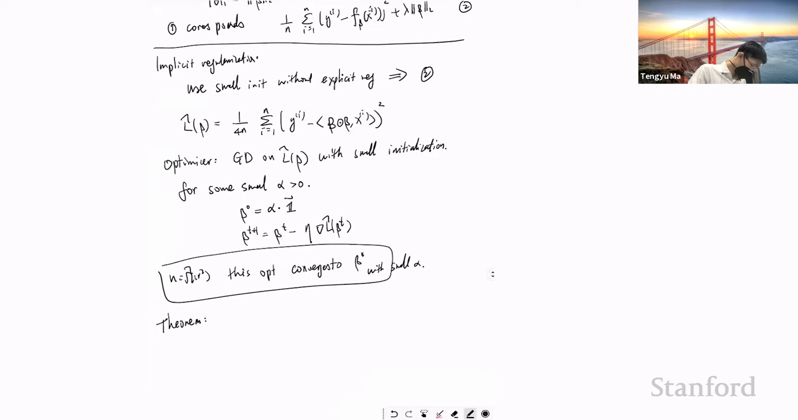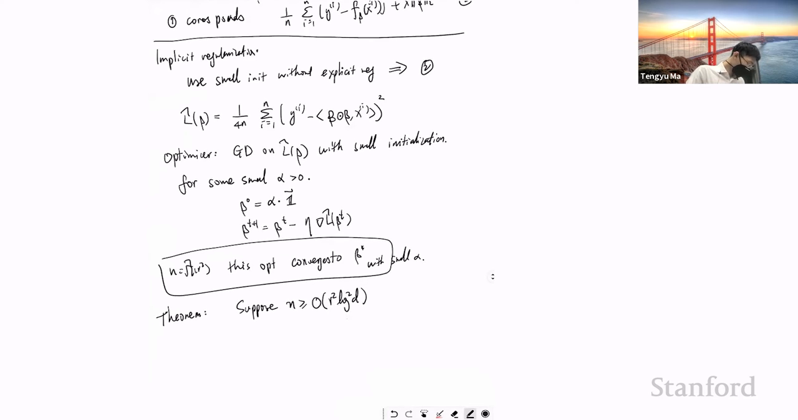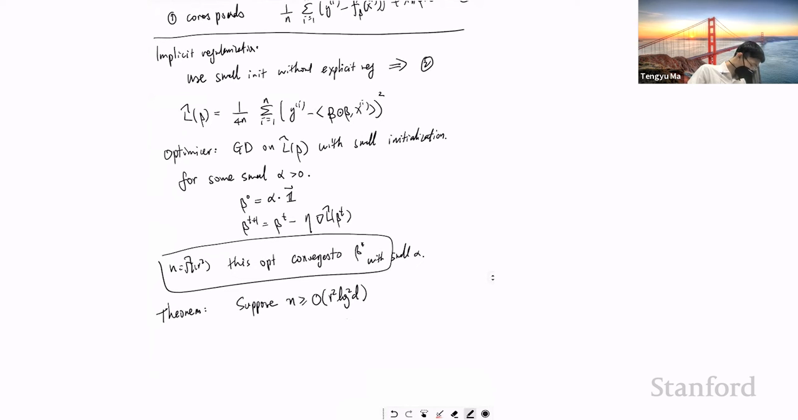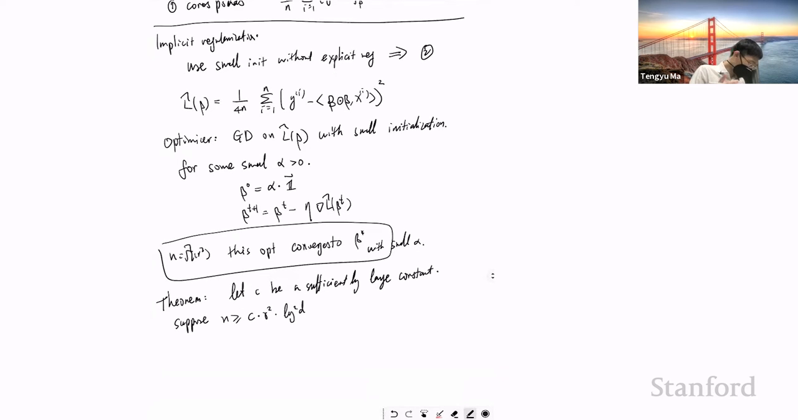I guess suppose n is bigger than big O of r squared log square d. Let me see, maybe let's write it this way, just to avoid confusion. Let c be a sufficiently large constant. Suppose n is bigger than c times r squared times log square d. I think the dependency on the logarithmic factor is suboptimal. The dependency on r probably is also suboptimal. And take alpha to be less than some inverse poly n to the c,